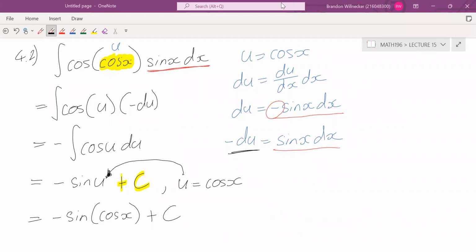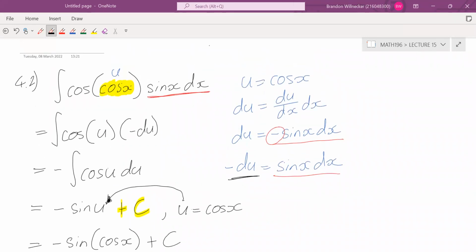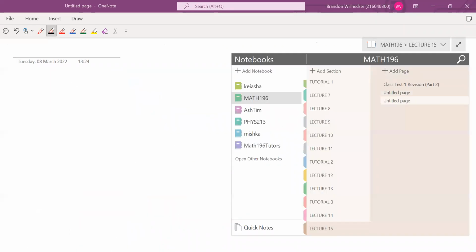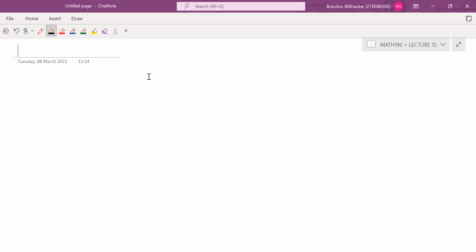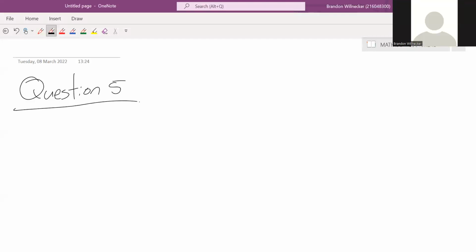Okay, that's it for the indefinite integral part. The next two questions are on the net change theorem. So this is question 5 on the net change theorem. Okay, so for 5.1,